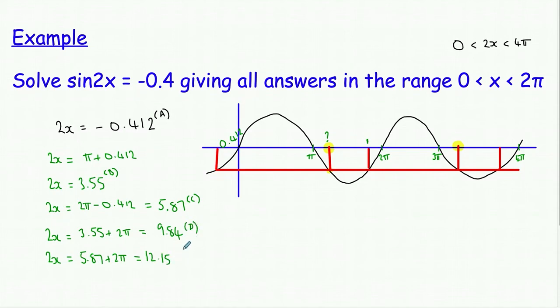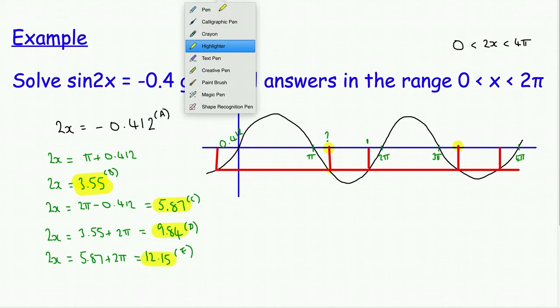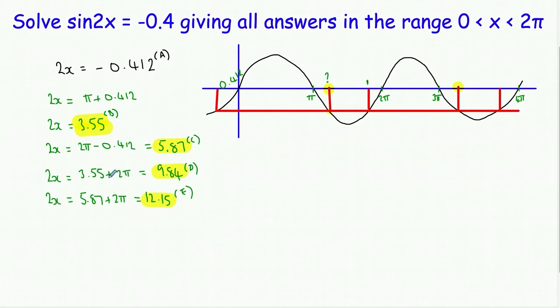That's going in E. So there are my 4 answers now for 2x. 1, 2, 3, 4. The last job now that we've got all the 2x values, is to halve all of